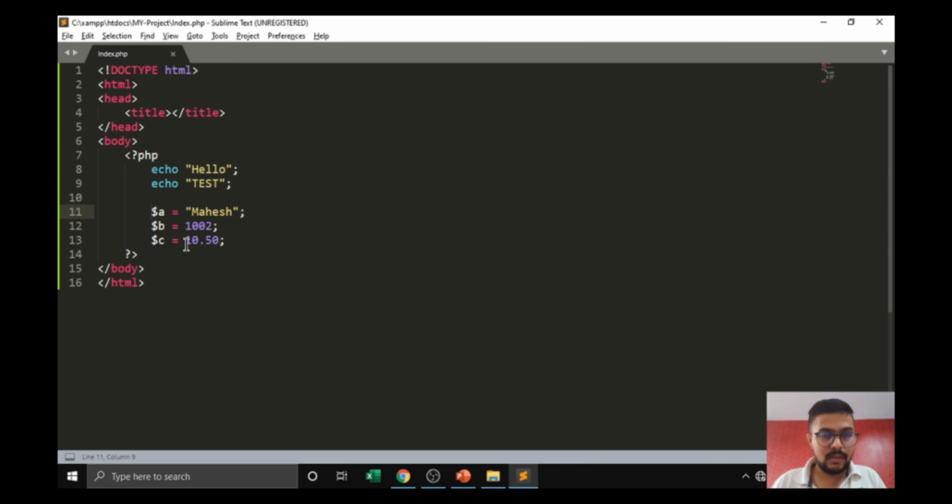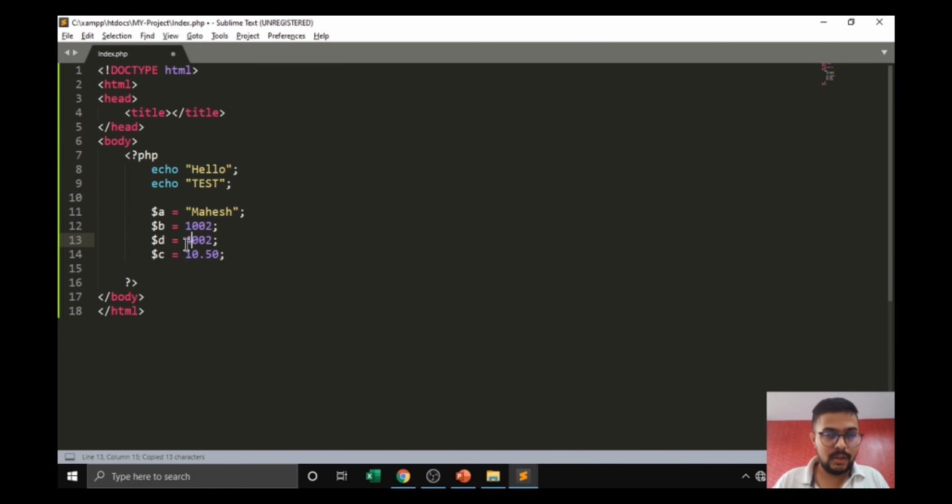We don't have to write string, integer or double. It will automatically determine the variable types and handle them accordingly.